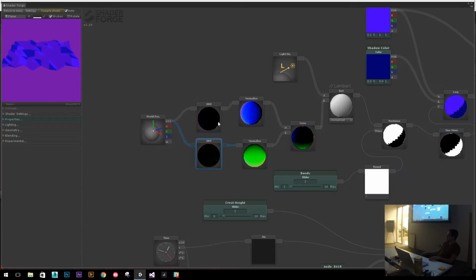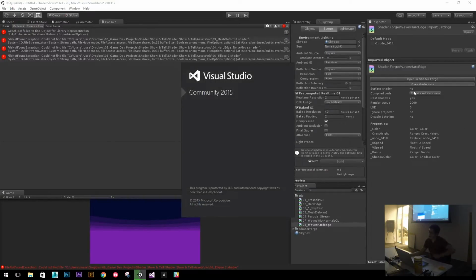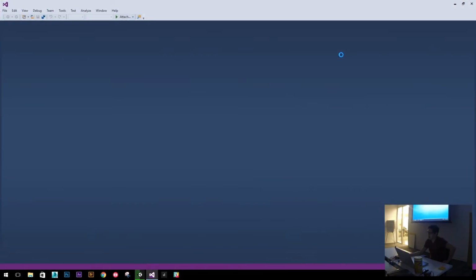Okay. And in case it's not clear, so far everybody's been using this tool called Shader Forge, which is a node-based shader creation tool inside of Unity. So he's inside of Unity in a tool called Shader Forge. What's cool about Shader Forge 2 is it will compile to readable code, so you can experiment in it,